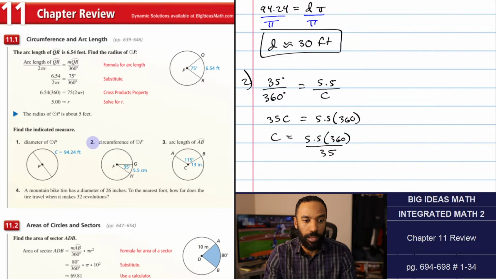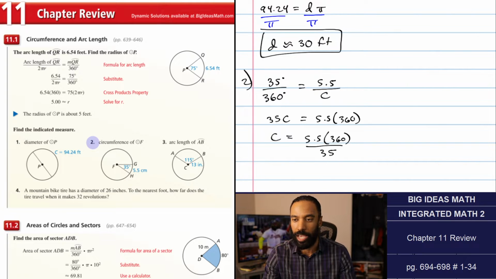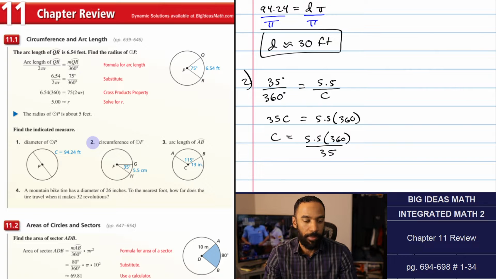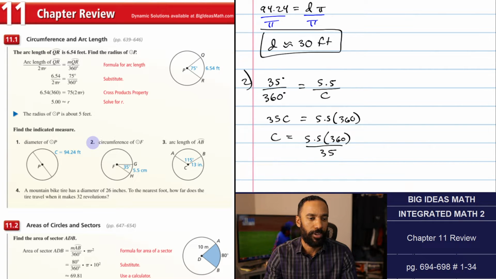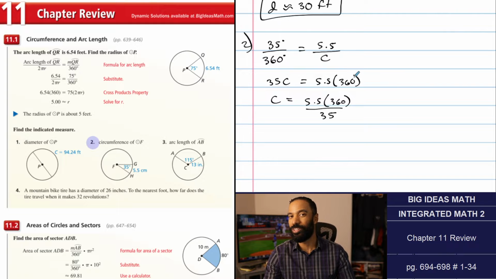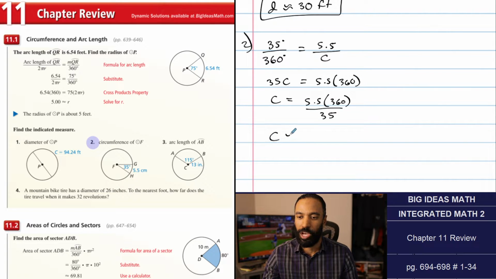Pi is already a part of the answer. In terms of 2 pi r or diameter times pi, it's just a part of the circumference. So I'm just going to work out what it is. It'll be some exact answer of some sort, and we'll figure it out. Times 360 divided by 35. And I'm getting, it's not exact. It's rational, but it's got some decimal work. So it's about